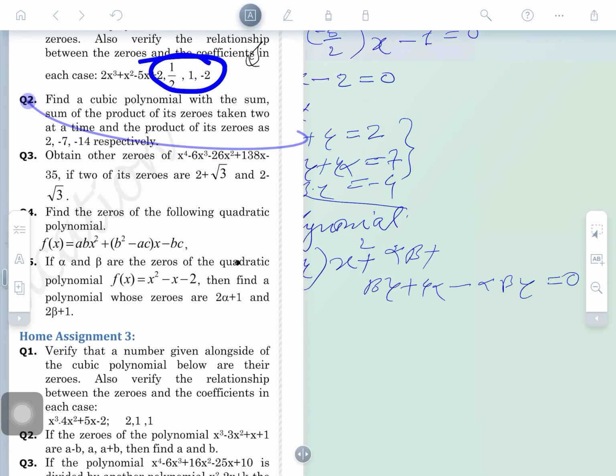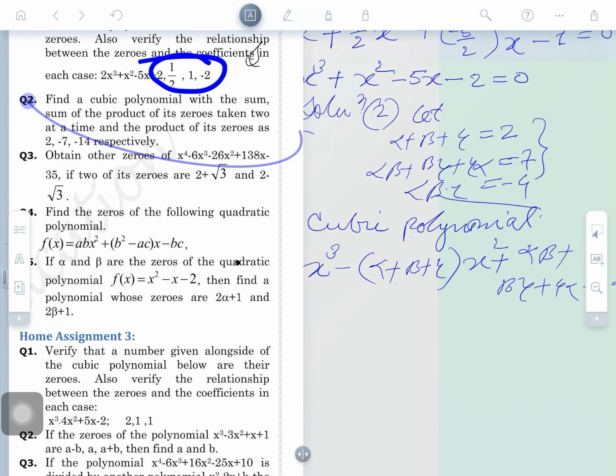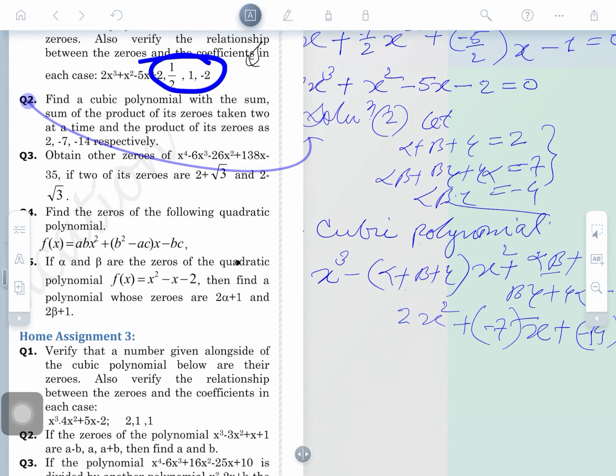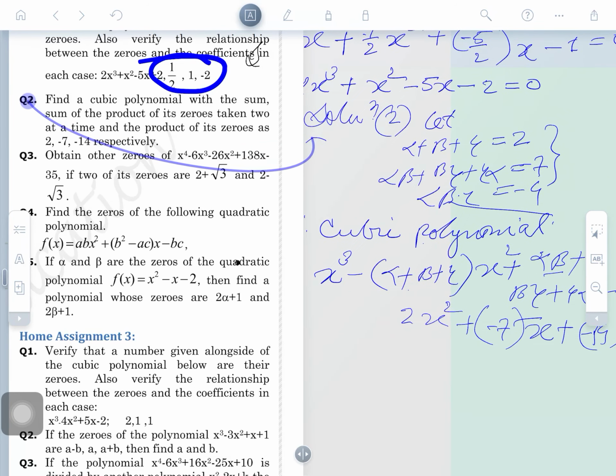So, put the values that are given here. What is the value here? Tell me please. Yes, its value is 2, okay. So, you need to write down 2 x square, and what is coming in this place? Minus 7 is coming here, outside x. And the third expression you may see is given here, minus 14. If you solve, after that you will obtain the value. But the first is x cube. So after solving you will obtain the cubic polynomial.